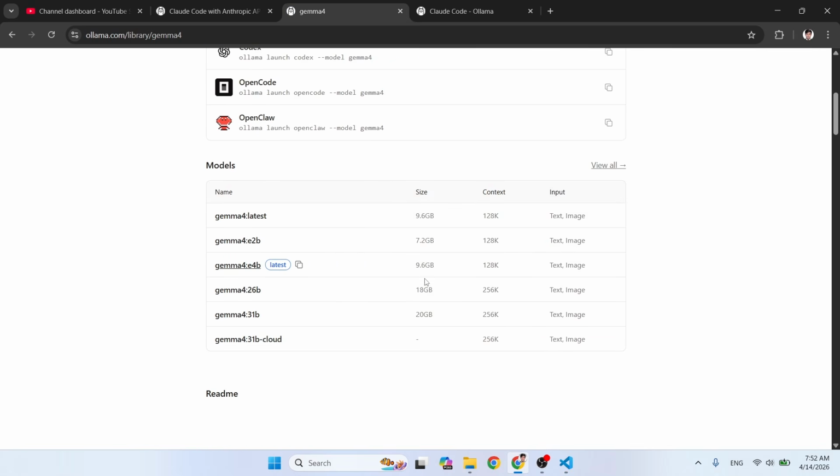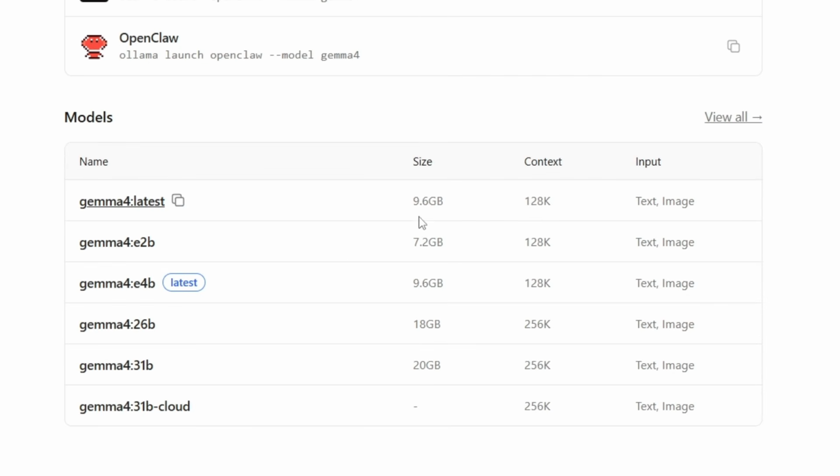Come down to the model section. Here you will see some options. Look at the size of these models, different versions like 9.6 GB, 7.2, 9.6, 18, 20. The 20 GB one is the powerful model which has 31 billion parameters. You can download these models locally to your machine through Ollama and use them locally, with no need for the internet, and for privacy. Also, you can run it on your machine, but it needs a high GPU, CPU and RAM. That's it. But we will use this cloud-based Gemma 4 to access it and run it on our machine and